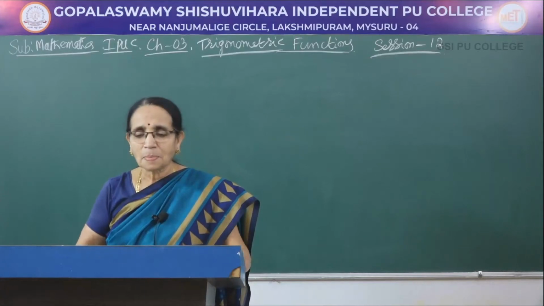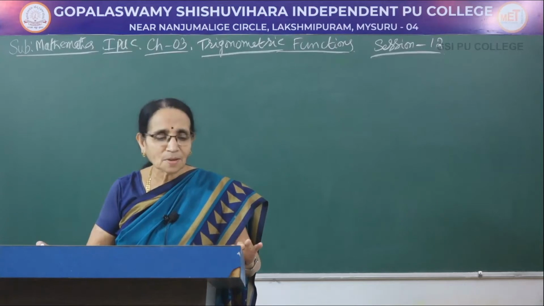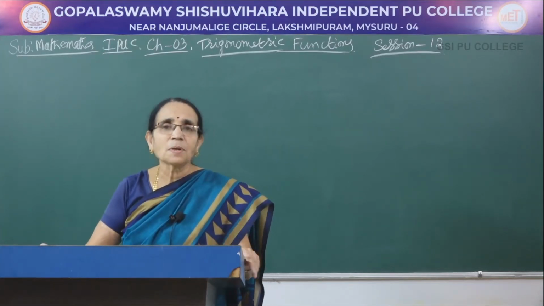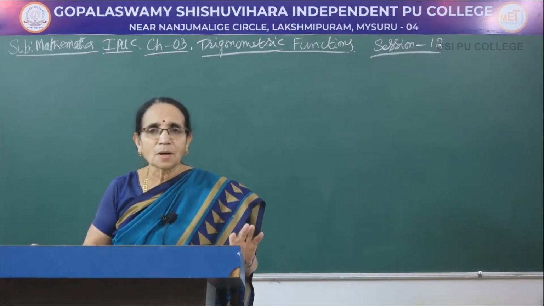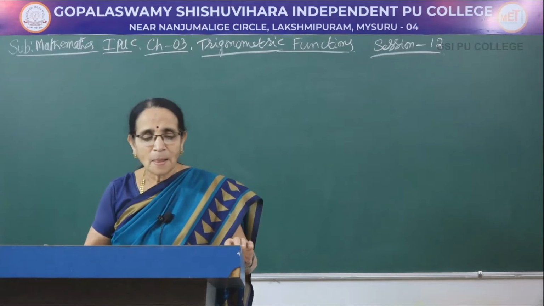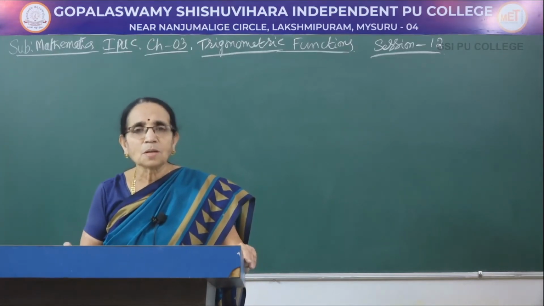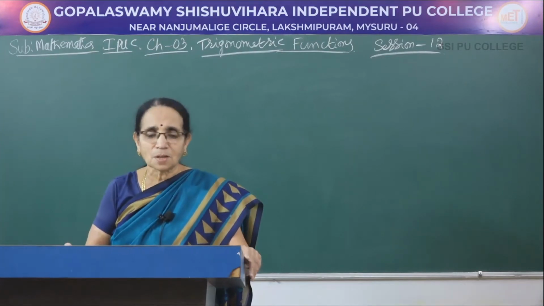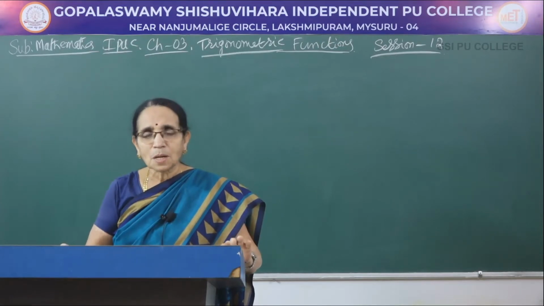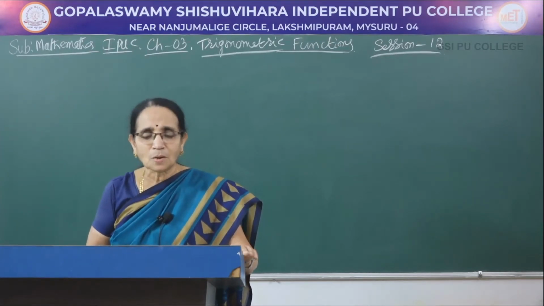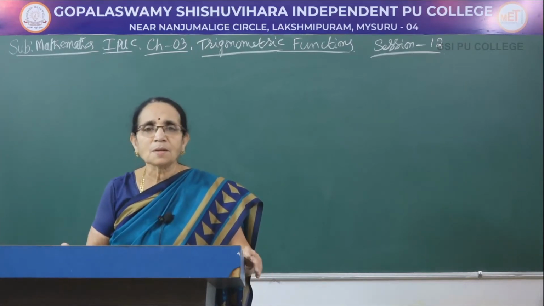Dear students, I have taught you about the multiple angle 2x and the submultiple angle, that is x by 2, for all the trigonometric ratios sine, cosine and tan in the earlier sessions. Now there is one more multiple angle, that is 3x. I had mentioned these two, 2x and 3x, in the previous session. So first we have to derive all the formulae, because in one problem sometimes you will be using more than one formula. Therefore you should have knowledge of all the multiple angle formulae, that is about 2x as well as 3x.